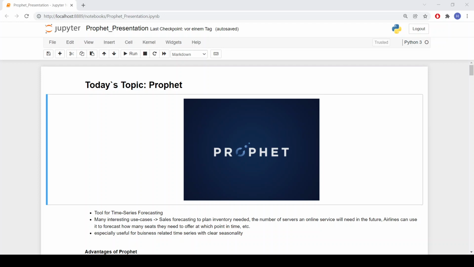So guys, today's topic is Prophet, which is a tool for time series forecasting, which was introduced by Facebook. It has a lot of interesting use cases. For example, you can use it to forecast your sales, and therefore, based on that forecast, adjust your inventory. You can forecast the number of servers that you need to operate when you are offering an online service. Or airlines, for example, could use it to forecast how many seats they need to offer during the next summer